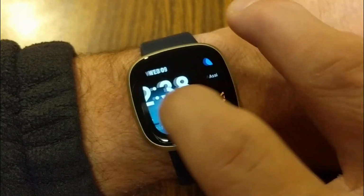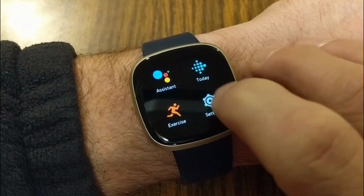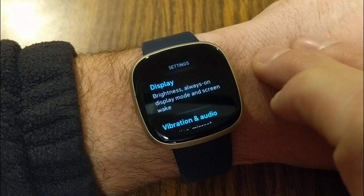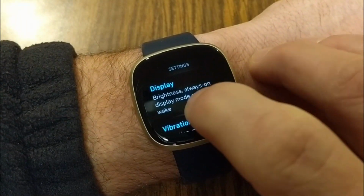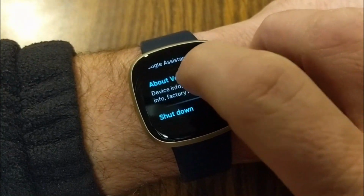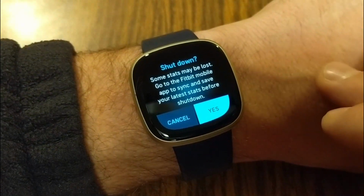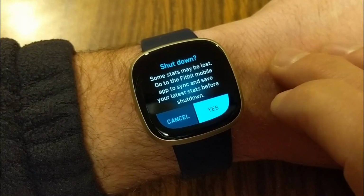What we're going to do is swipe to the left, and you're going to want to keep swiping until you see the settings icon. And if you go into settings, that is going to give you a whole bunch of different options. We're actually going to scroll down to the very bottom and you are going to see shut down. So we're going to click shut down,